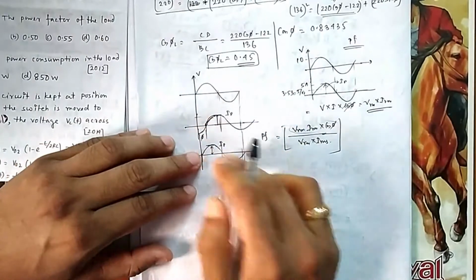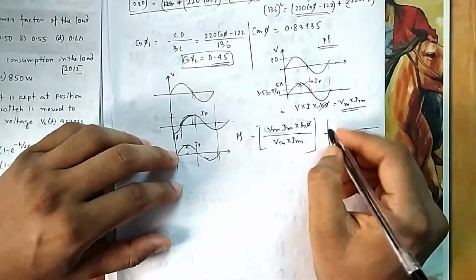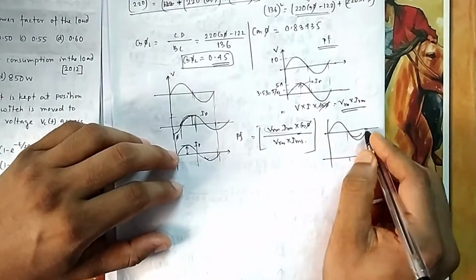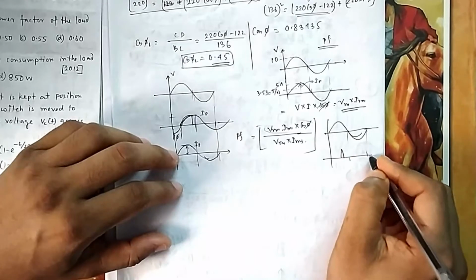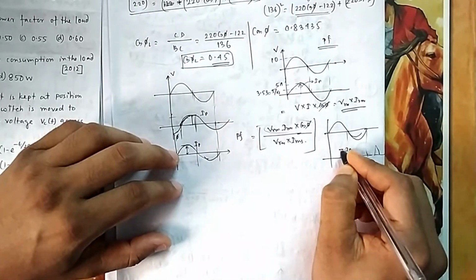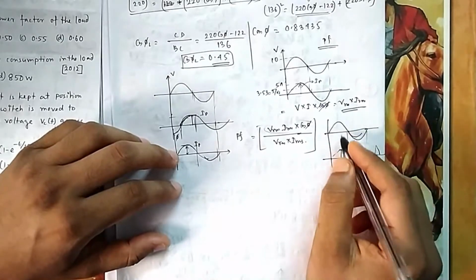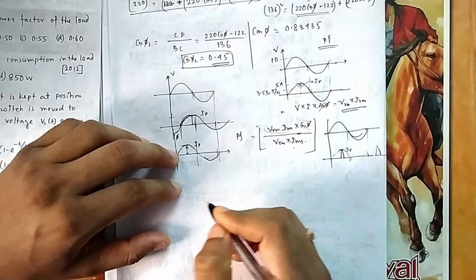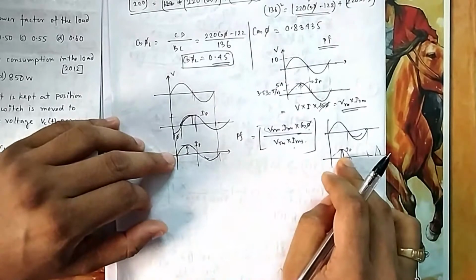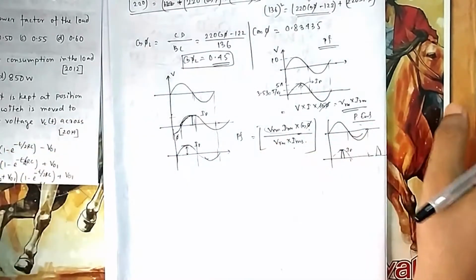So this concept will be very useful in power electronics, where we will be dealing with lots of converters and inverters. Suppose V is of this fashion, and you will find some I of this fashion. We will take this peak current I and make it a resistive load, and see how much power we could have taken and what power we are actually taking. Because in that case you will not find a proper angle or smooth waveform. This is for power electronic circuits I am talking about. So that's why understanding power factor is very important.